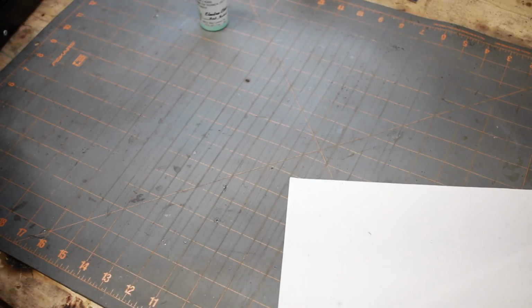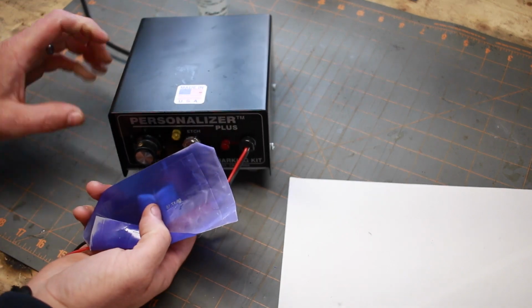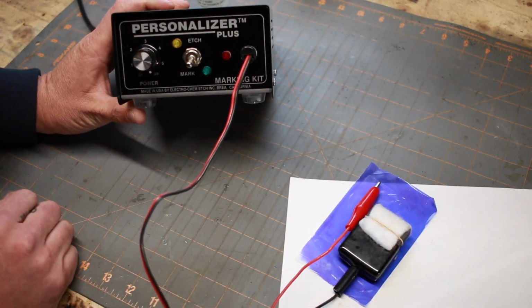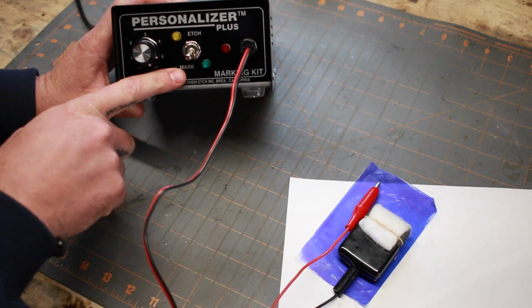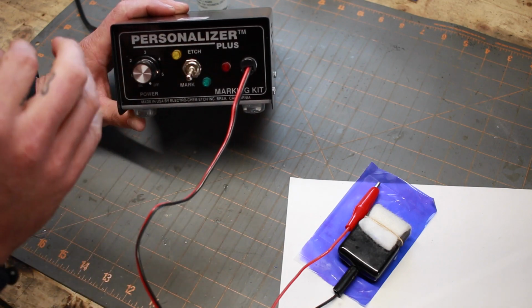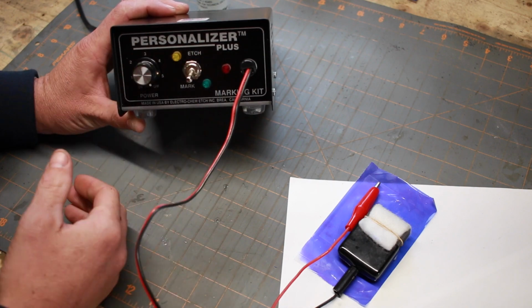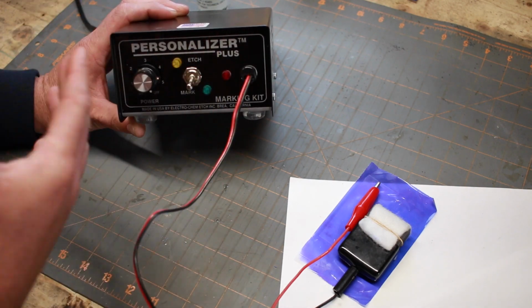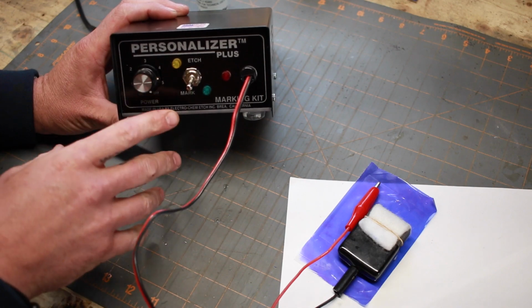All right, so for the second part of the process, the actual etching, I use the Personalizer Plus. That's this machine right here. It's got two settings on it, a mark and an etch. I typically leave it on mark, which is just the black marks. The etch will actually eat away at the material and cause an indentation in the steel. A lot of people like that. A lot of times it looks great. I'm not a huge fan for the stuff that I do. I like just to have the nice black mark on there,